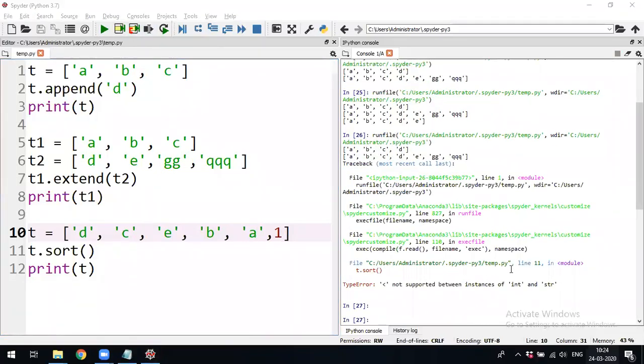It doesn't know whether you have stored a character or a number. Even if you pass a Boolean value, in that case it cannot take it as a string.